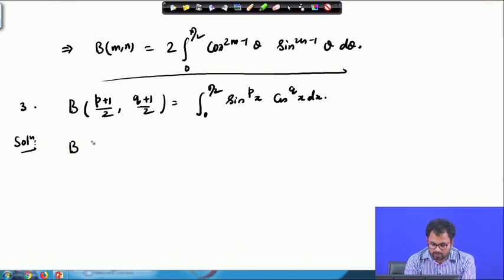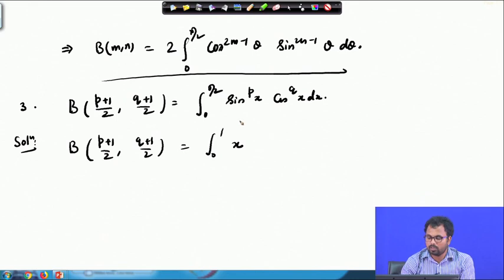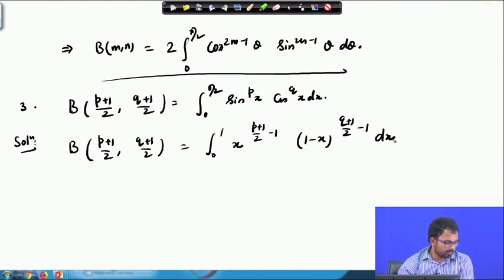So, we know beta of p plus 1 by 2, q plus 1 by 2 equals integral from 0 to 1 x to the power m minus 1, so m minus 1 is p plus 1 by 2 minus 1, and 1 minus x whole to the power n minus 1, so this one is q plus 1 by 2 minus 1, dx. And now, let us substitute x equals